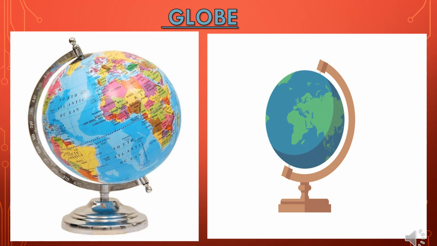Do you know how it helps? It helps to spot countries, oceans and seas. A globe is very useful to study the different places on Earth. However, it is not possible to show all the places on a small globe. So, to see details of all the places, a globe of each place would be required, and that would be expensive and difficult to carry. So children, how can we solve these problems? These problems can be solved if we use maps.